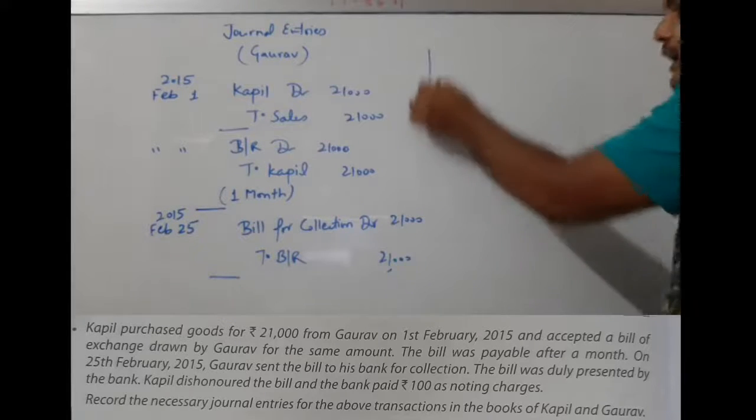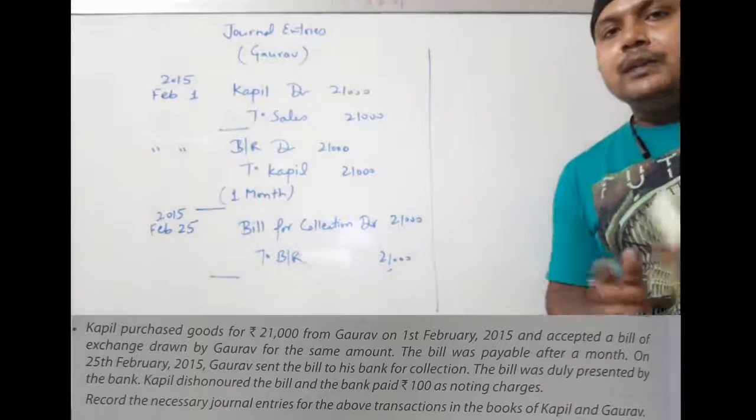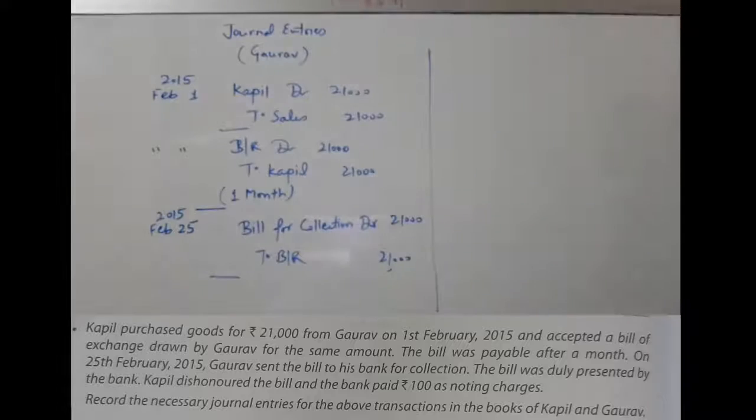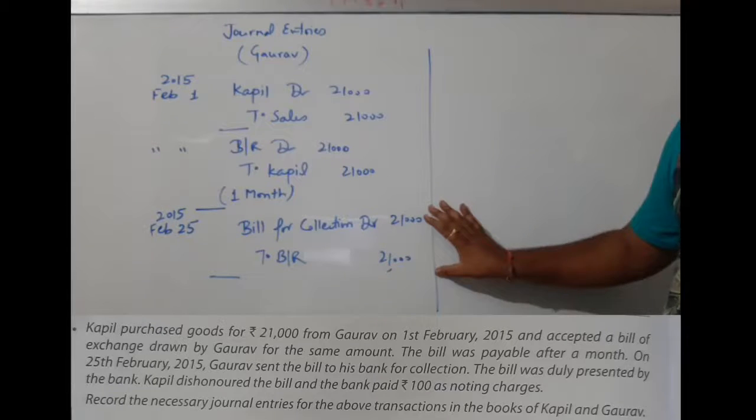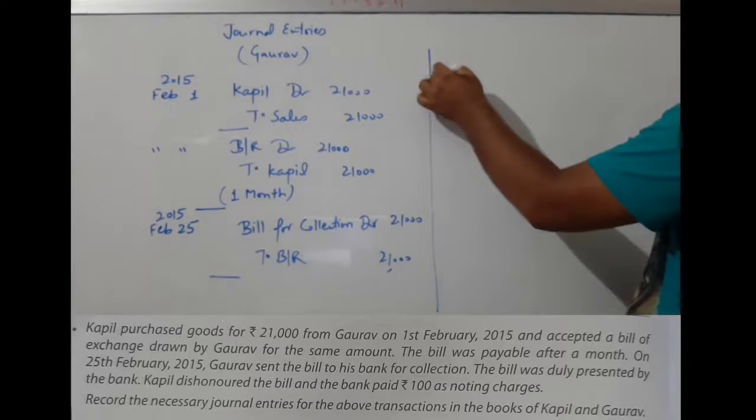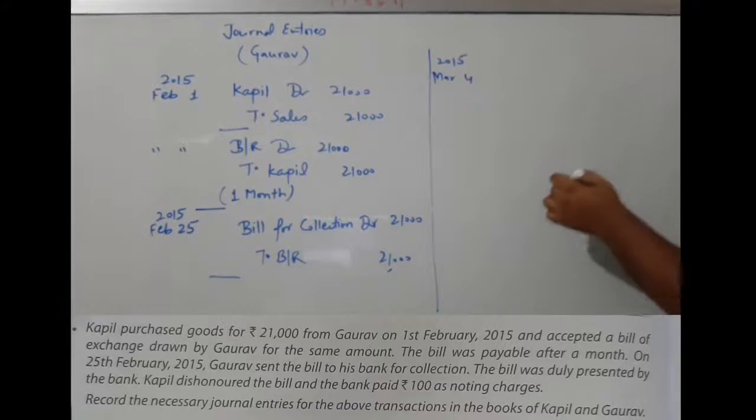And at last, the last entry which are passed in the books of Kapil is that the bill was duly presented by the bank. The couple dishonored the bill and the bank paid 100 rupees as noting charges. So you know very well on the due date, Due date पे क्या bill का collection हुआ? नहीं. So due date पे bill का collection नहीं हुआ. So you know very well what is the due date of the bill? That is March 4. So March 4 को जब bill का payment नहीं हुआ, so what is the entry which are related to